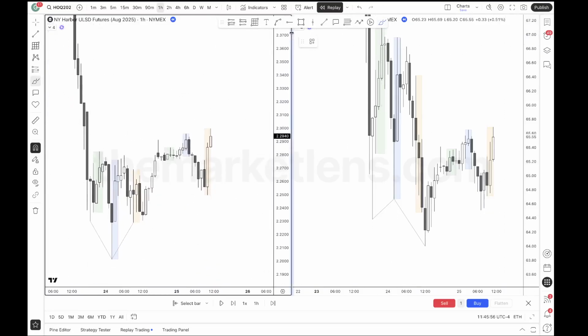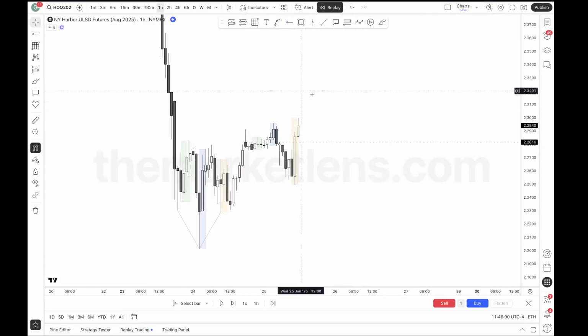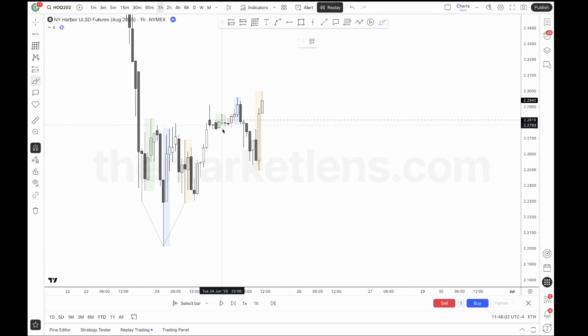You see how the daily open is like right here? What do we see price do? It opens high first. I don't want to see that if I'm bullish. It opens high first, takes out this high, then expands back in the range. I typically don't want to see that, but this expansion, right, had this SMT.